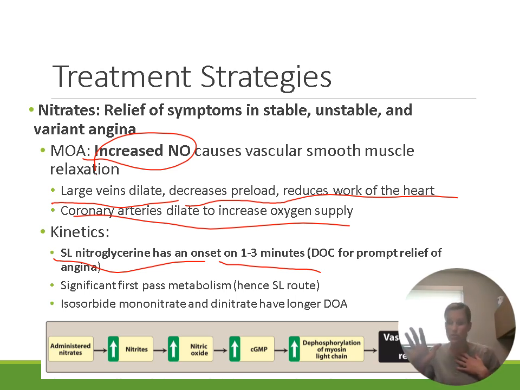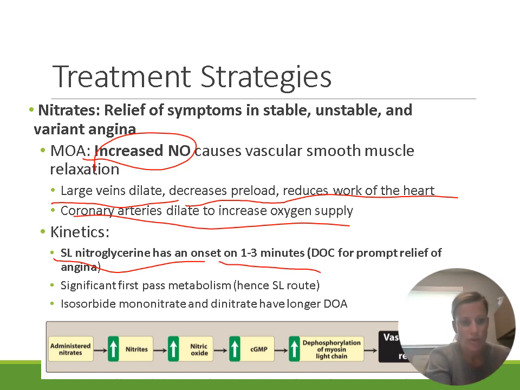If after 5 minutes you still have chest pain, call 911 and then take another. Within 5 minutes, if you still have chest pain, take another. So you can take up to 3 doses. But if that first dose does not work, they need to be calling 911. Because if that first dose didn't work, there's an increased likelihood that this is not just angina and that this might progress to an MI, in which case they need to be in the hospital immediately to get it taken care of. Okay, and they should have their nitro with them everywhere. Wherever you're going, nitro should be in your pocket with you. Okay,